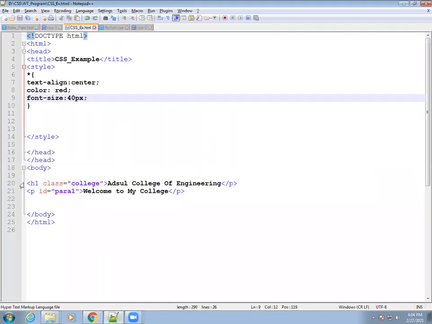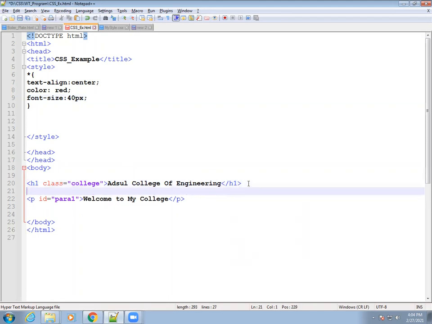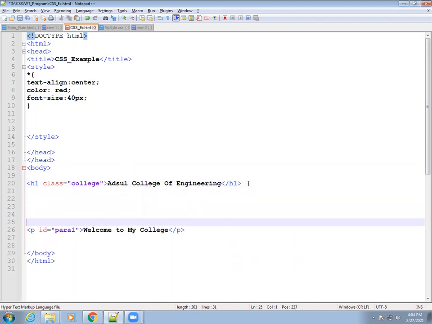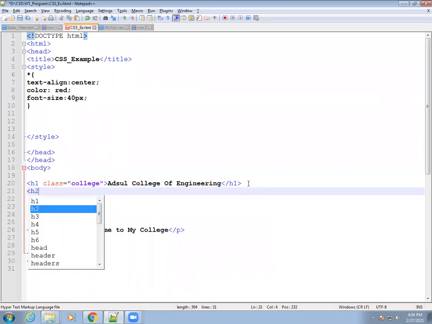So let's first change this body tag, because we use it only one time in your H1 tag. So let's change this part first. I will write something for this H1 tag, and also I will use an H2 tag here. Welcome to my college.